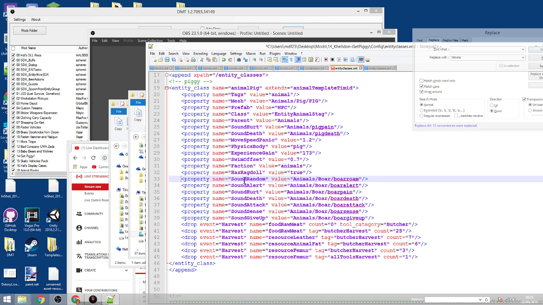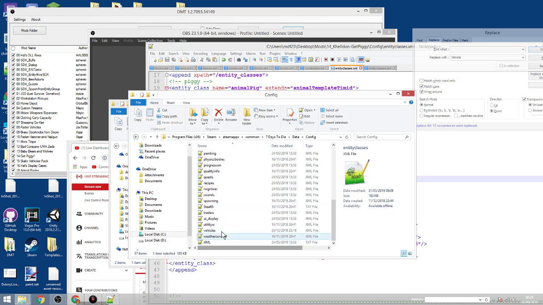Okay, so that's fine now. The pig will be fixed up and we'll now have sounds and proper harvest, which can be very cool. So now the other thing we need to do is reduce the amount of baby bear and wolf groups that we tend to find in the world, right? So that's going to be under...